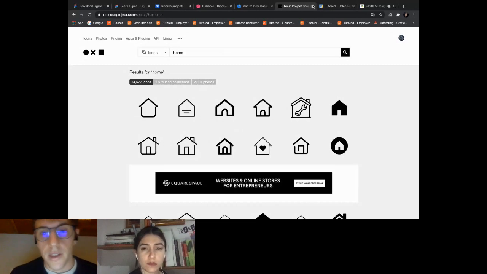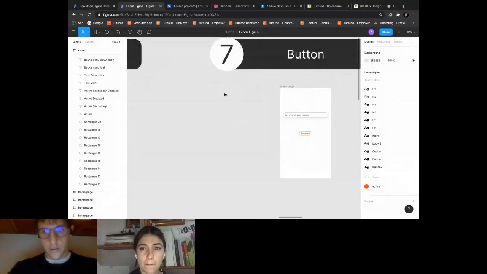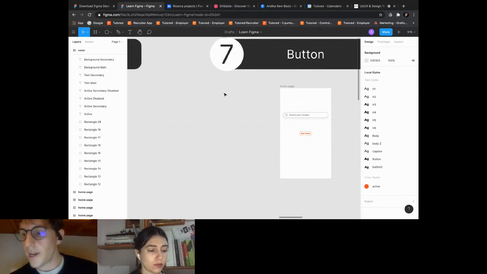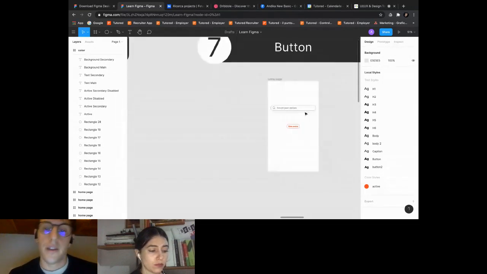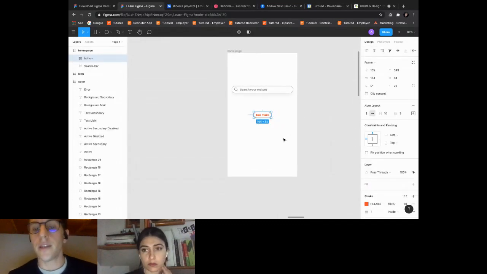Okay, now we have our color style and our icon, and we have to create our button. To create the button, it's very simple, but we are going to touch the heart of Figma.